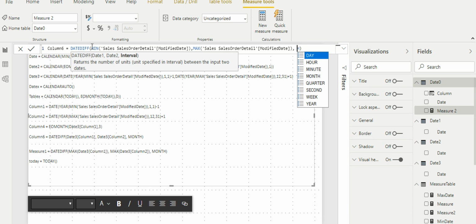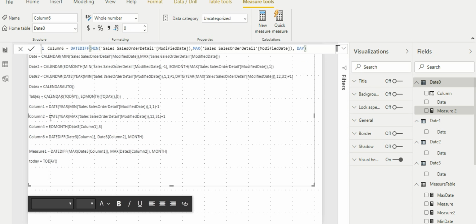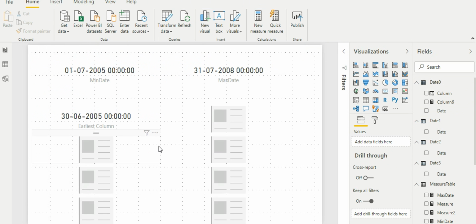This interval, as you can see, accepts these different types of variables which might vary from day to year. Let me show you first as a day. So once this measure is created, this is going to give me the number of days between 1/7/2005 and 31/7/2008.